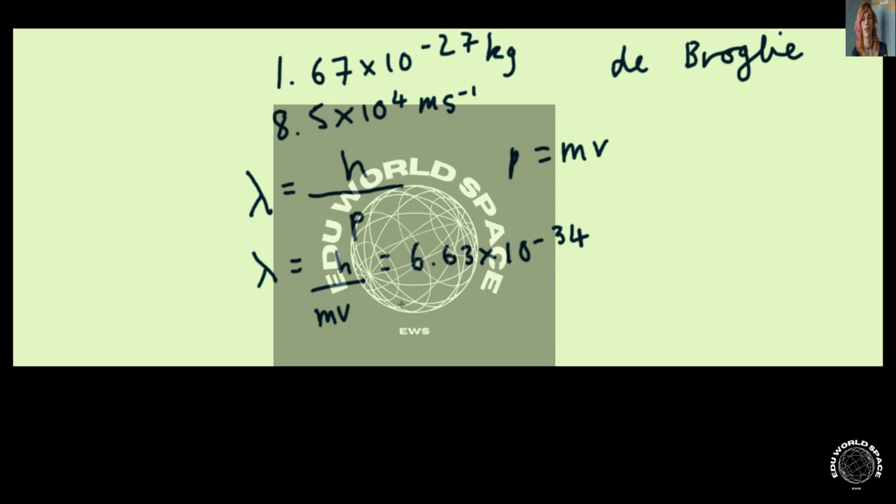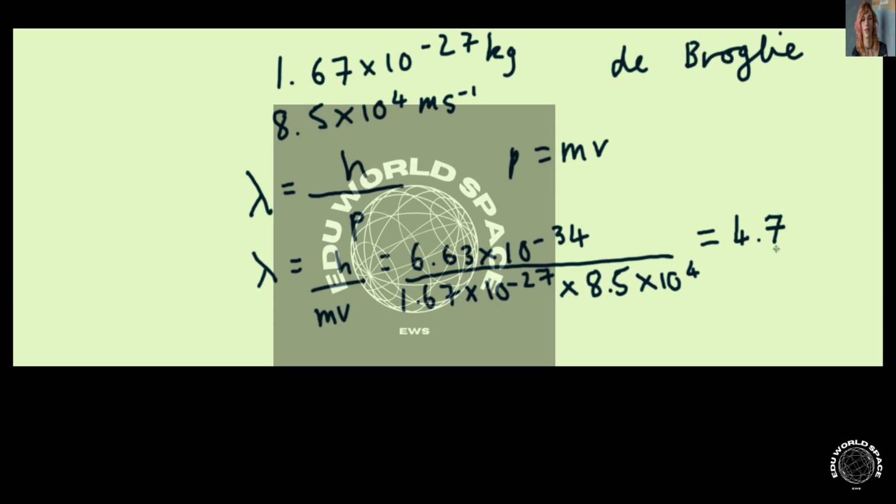The mass we are given is 1.67 times 10 to the minus 27. And we don't need to change the units here, as we've been given the mass in the SI units of kilograms, and times that by the velocity, 8.5 times 10 to the 4. And if we put that into a calculator, we get that the wavelength comes out as 4.7 or 4.67, but I'm using two significant figures here, times 10 to the minus 12